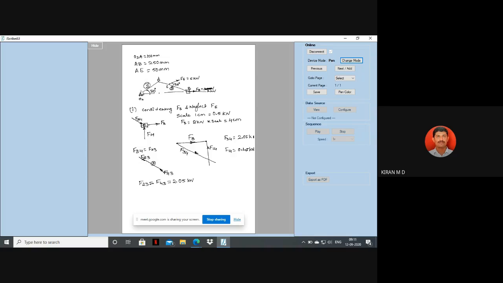Okay, now once you got this one, again we will move to the connecting rod. This connecting rod is undergoing torque also. So 1 minute, sir. We'll just take that down. Yeah, note down.